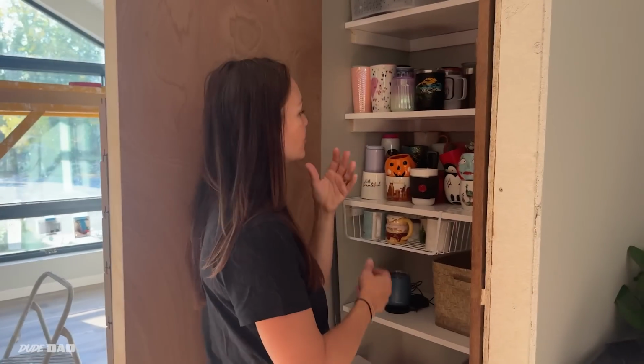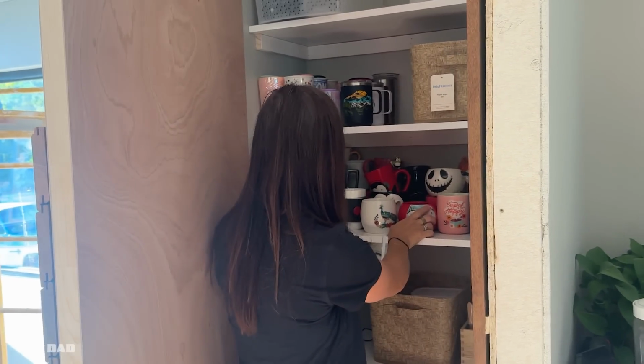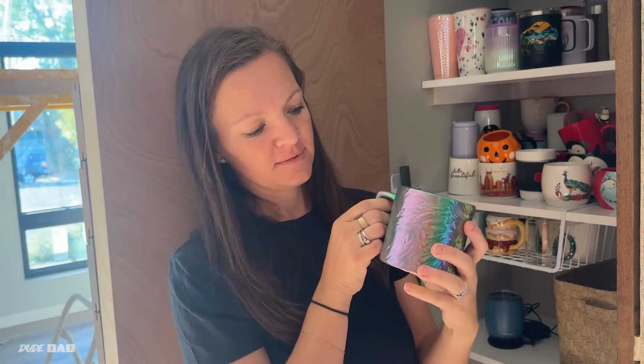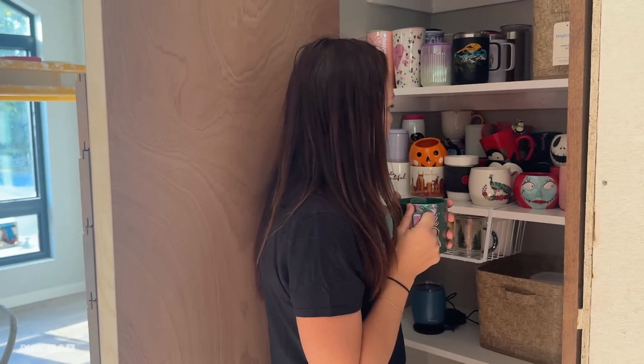Okay, I don't have our new closet done yet, but Heidi has already moved a ton of stuff in there. I'm choosing which cup I'm going to use this morning. The cup I use in the morning is all about self-care because you have to choose what mood you are in and what cup is going to set the day for you. I think we're just going to do green. What does that mean you're feeling? Just fall cozy. What does the green mean on the mood ring? Does that mean happy? Does it mean you're like...